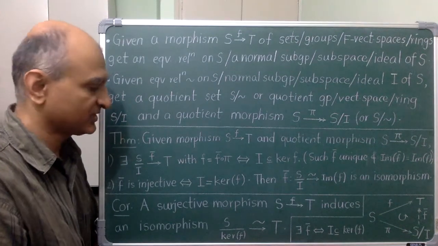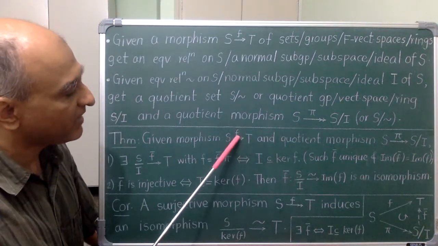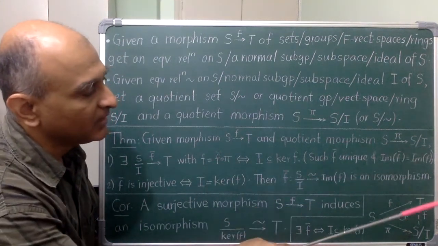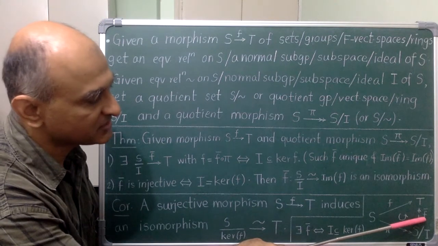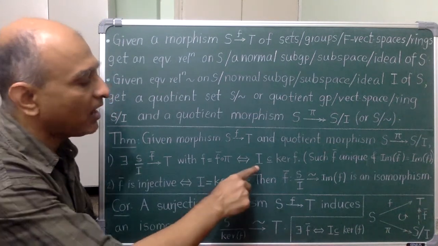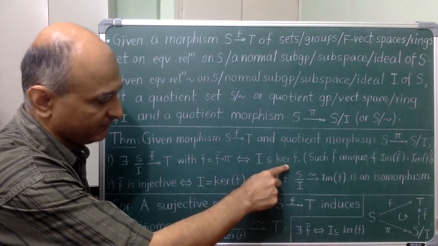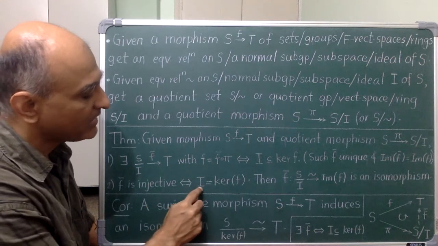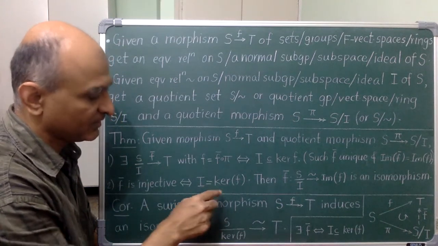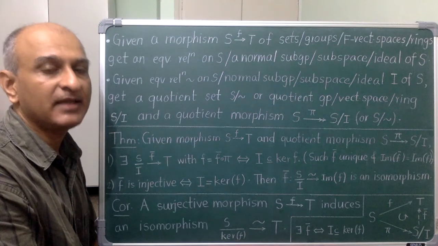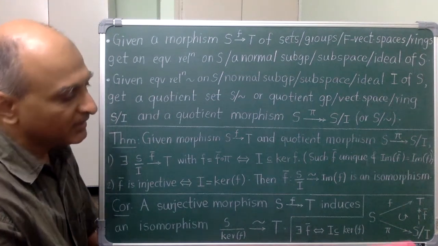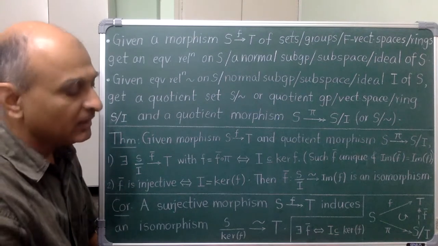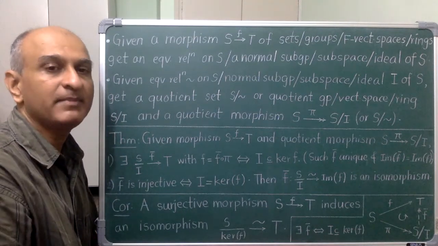Okay, let's do this. Given a morphism F and a quotient morphism to S mod I, F bar like this exists precisely when I is contained in the kernel of F, and F bar is injective precisely when I is equal to the kernel of F. On the last board, I use the letter L instead of I. Keep in mind carefully which way the inclusion goes. The example of the apartment building may help.